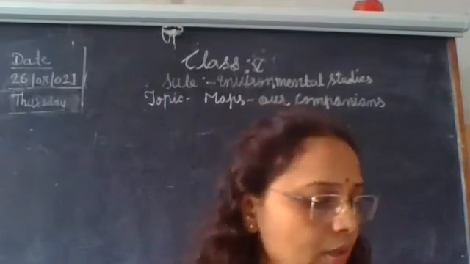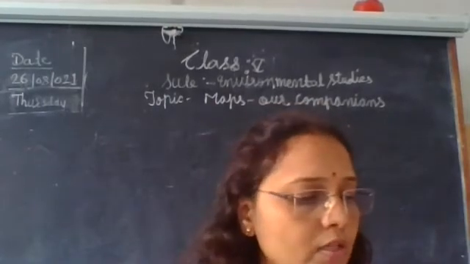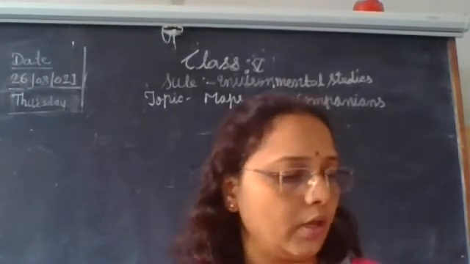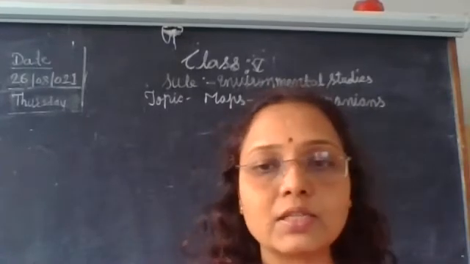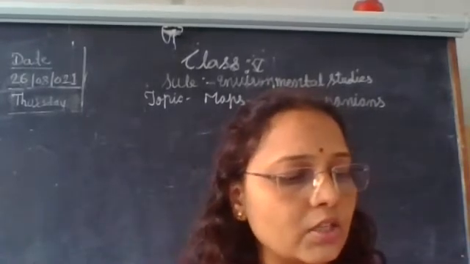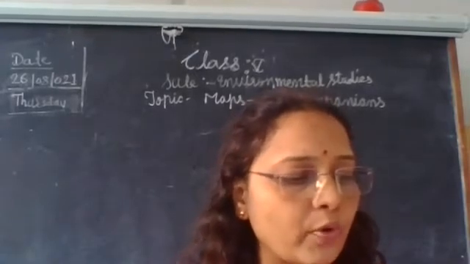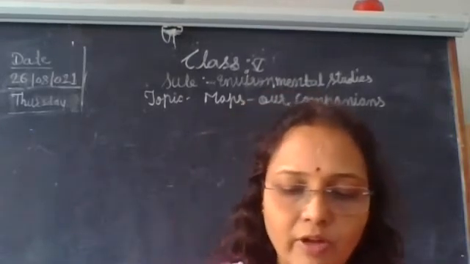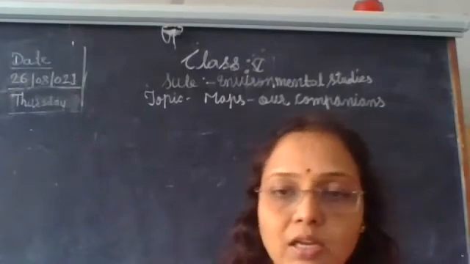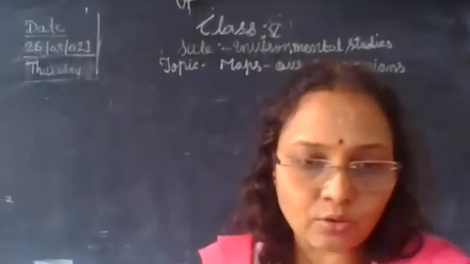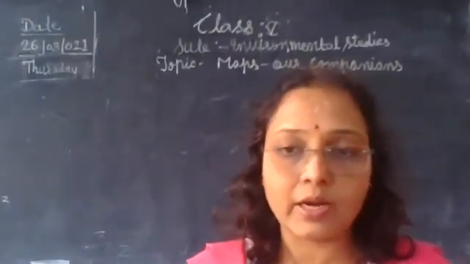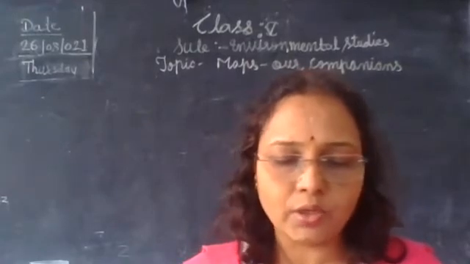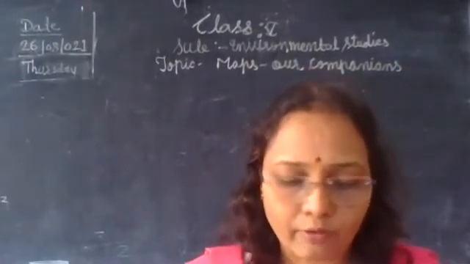Now, do you know the Survey of India is the foremost map making institute in India? Okay. It was established in 1767. This institute has made a large number of topographic maps of the Indian subcontinent on various scales, conducting field surveys. These maps are known the world over for their accuracy. And the institute's headquarters are in Dehradun in Uttarakhand. It is the Survey of India.